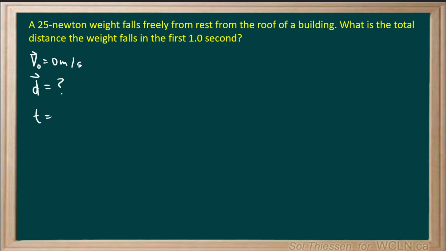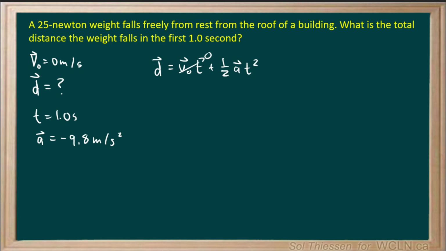We know the time interval, 1 second, and we know the acceleration due to gravity, downwards 9.8 meters per second squared. So with this information, we can use this equation. Displacement is equal to initial velocity times time plus 1/2 acceleration times time squared. Our initial velocity is 0, so this will boil down to 1/2 times acceleration times time